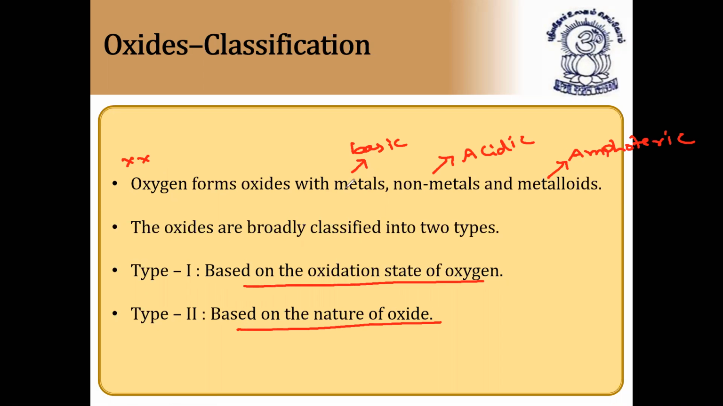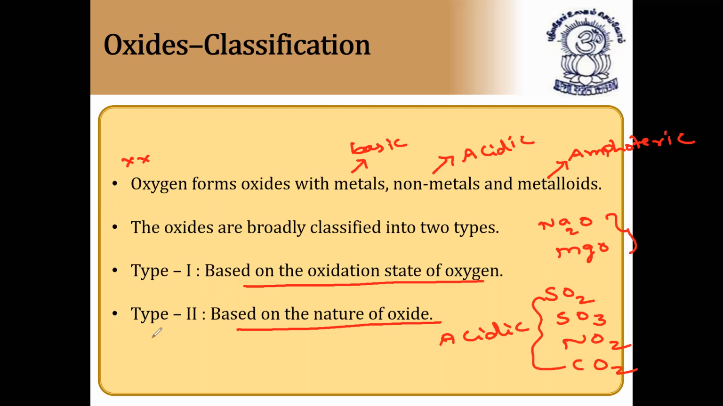So oxygen forms oxides with metals like sodium oxide, potassium oxide, and so on, and magnesium oxide, etc. So metallic oxides, aluminum oxide, like that. Metallic oxides are basic in nature, and non-metallic oxides like sulfur dioxide, nitrogen dioxide, carbon dioxide, all these are non-metallic oxides. These are acidic in nature,